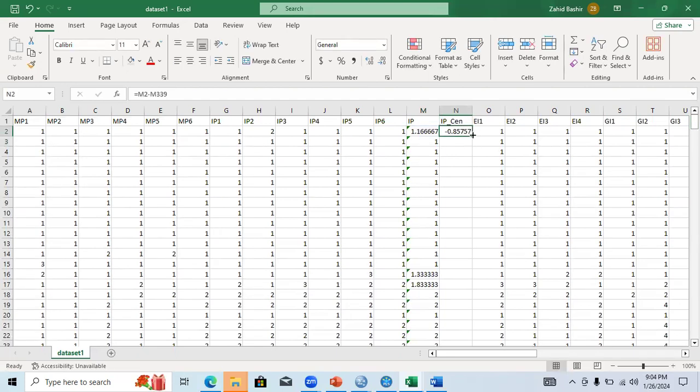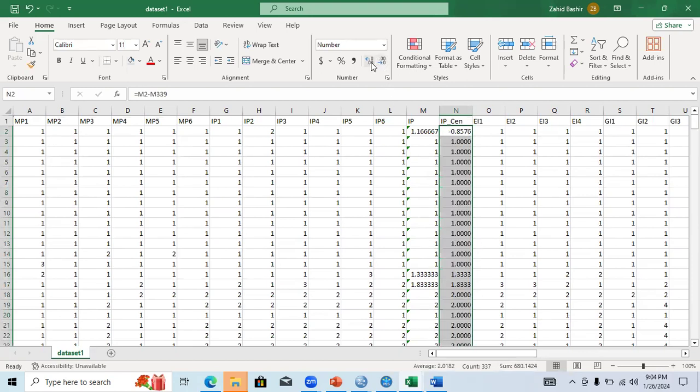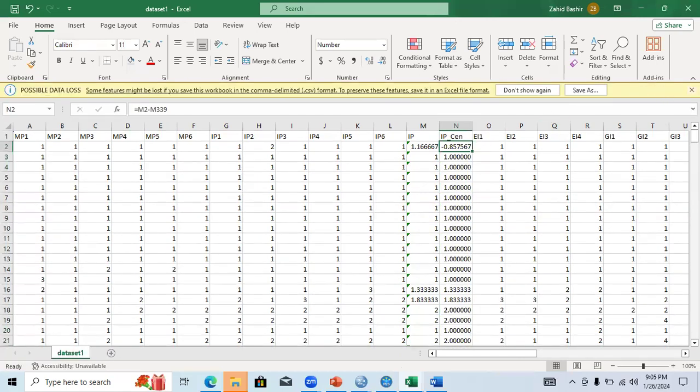Yes, this one, and just find out like this. You need to put at least 5 to 6 digits after the decimal. These are 4, 5, 6. This is fine. So this has become a mean-centered value.